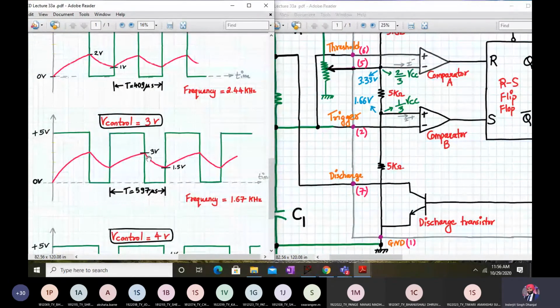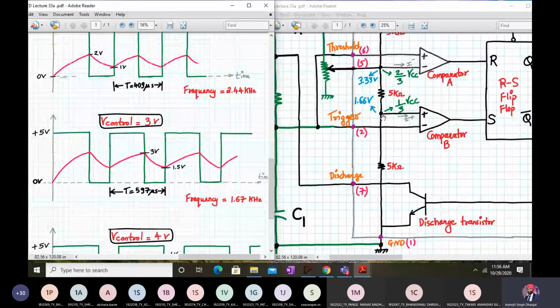Now can you all tell me similarly why it is 3 and 1.5? Same technique. Here you have 3 volts going via the 5 kilo ohm resistor, and again you have a 5 kilo ohm resistor. So this 3 volts will be equally divided into 3 volts and 1.5. So the capacitor voltage will charge and discharge between these two voltages. Definitely its on time will change slightly compared to the earlier waveform, because to reach 3 volts you will require more time. I hope that you all are following this.